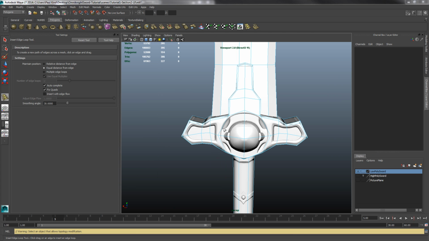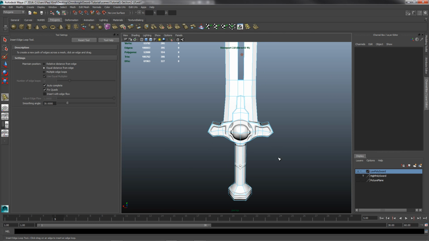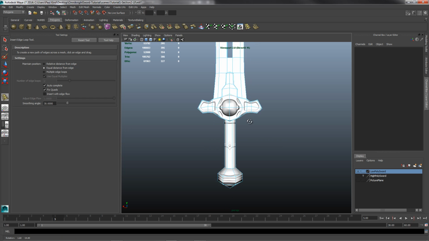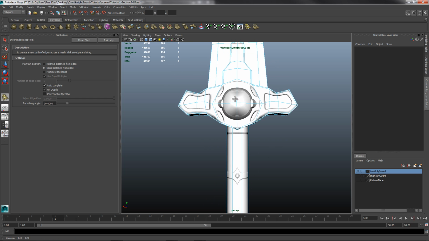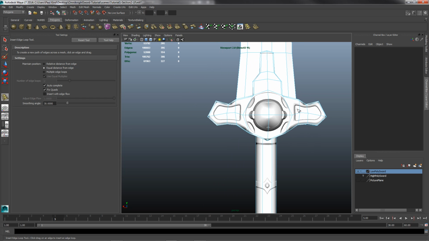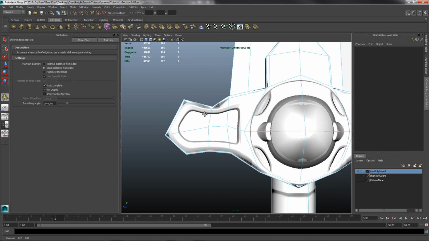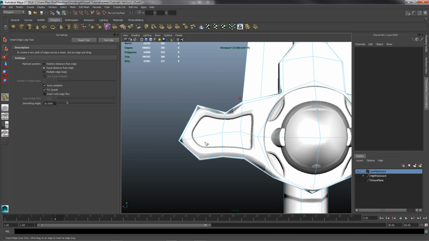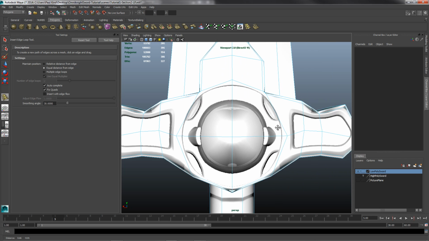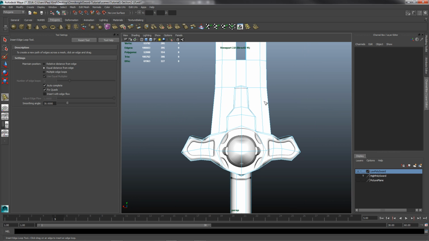Alright guys, so what we have to do now is add a little bit of detail just to give us some extra control, because I'm just not really happy with the way this is so angular and here is so angular and etc. So what I'm going to try to do here is add polygons to make that transition a little bit more natural. At the same time, I'm going to be removing polygons to keep our number of tris down to